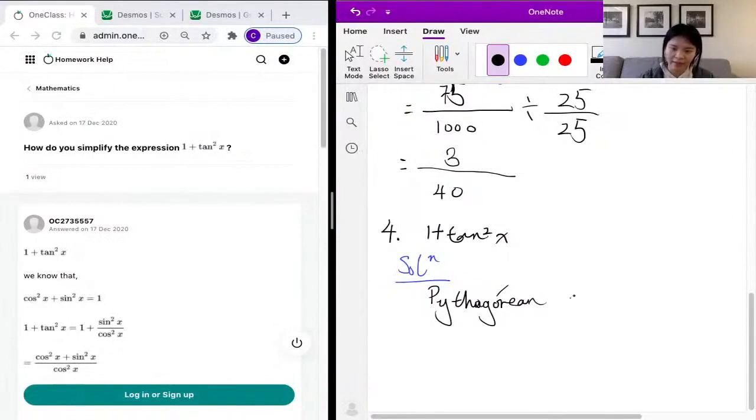It is one of the more common trigonometric Pythagorean identities, although not the most common. So you can just say, using